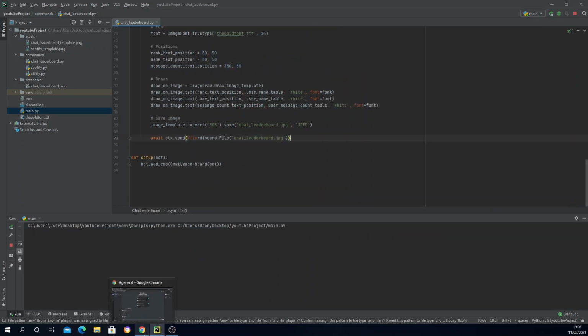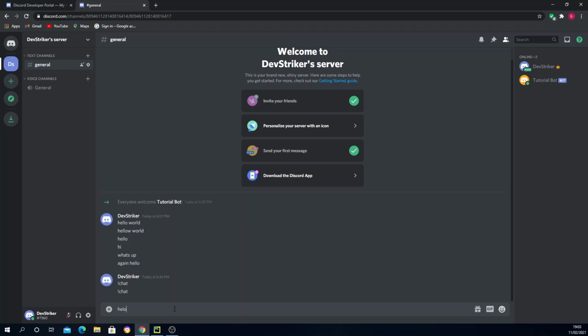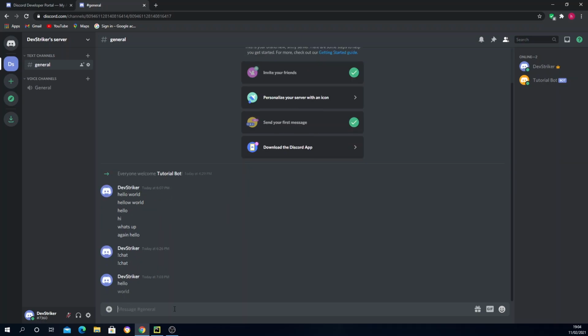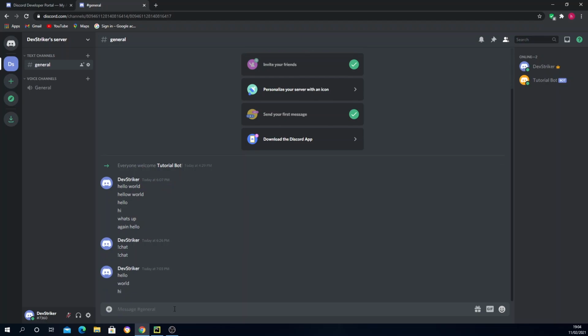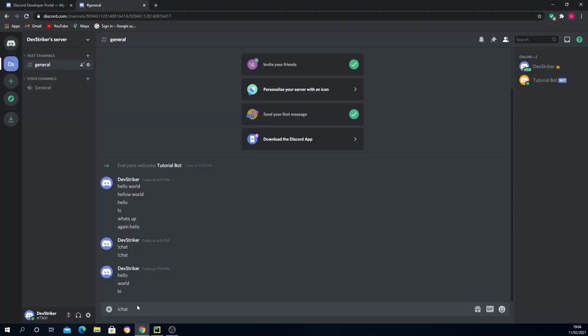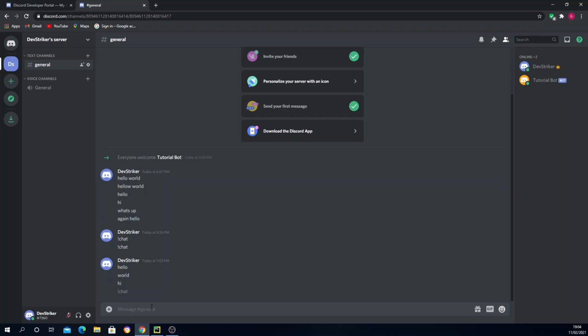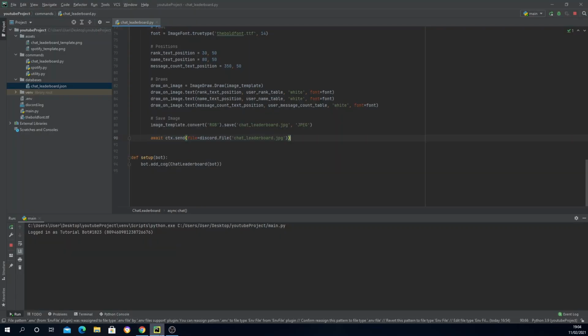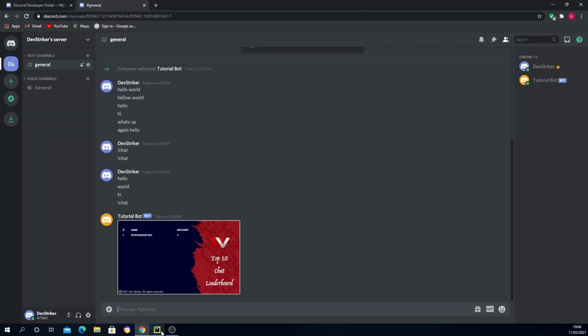So let's go to our Discord. Our bot is online. I'm just going to say hello, a couple of words. Word, hi. Right, and now let's try using the command itself. So first, let's check if it has been registered. So there are 3 messages, and the current message that I'm typing should not get registered. Remember that the command prefix doesn't do it. So I'm going to type in chat, and let's go see that in action. There you go. So if I open this image,